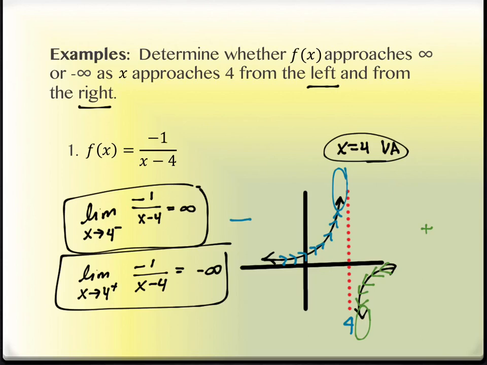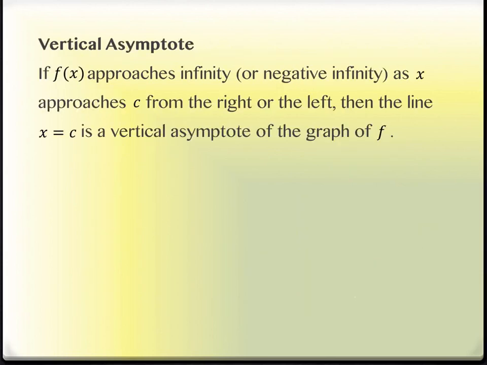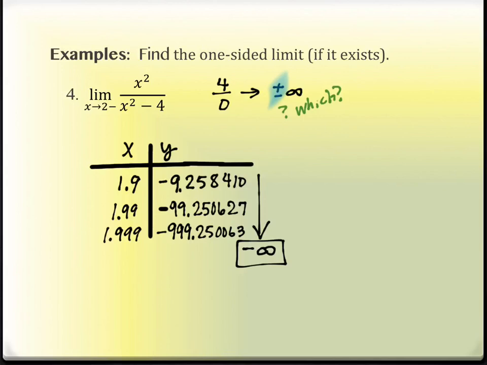Here's the caveat. On this problem, the one that's on the screen now, number 1, we were asked to do the left-hand limit and the right-hand limit, correct? On example 4 that we're doing right now, we're not asked to do both of them. We're only asked to do one. So the work better reflect which one I'm showing that I'm doing.